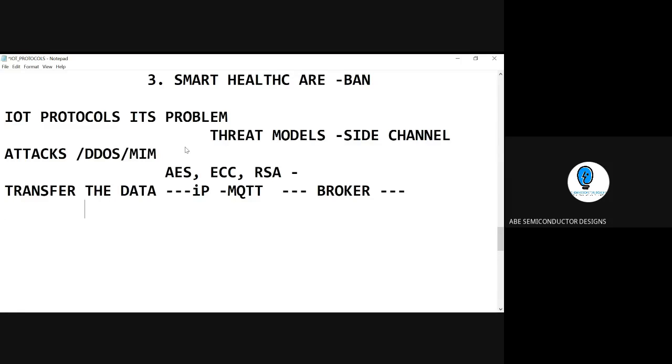When the data transmits over here, you can already consider that the data coming from the node to the MQTT will be encrypted, right? There will be data security and data integrity over here. But what happens in the side channel is, by recording the power traces, I am able to get the data from the protocol.